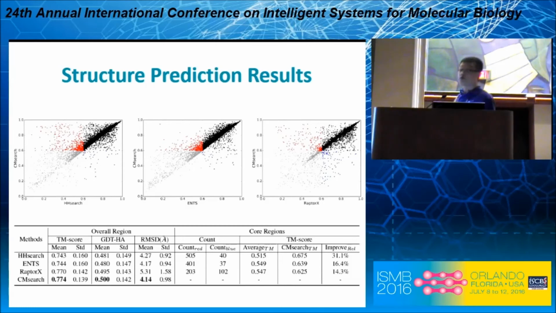And if you take the average performance over all the 8,000 targets, then since this number is too big, any improvement will be averaged out. But still, no matter whether you use TM score or GDT score or root mean square distance to measure the top 1 model, CMsearch is always better than all the existing methods. If you look at these interesting red and blue regions, then you can see that CMsearch actually has dramatic improvement